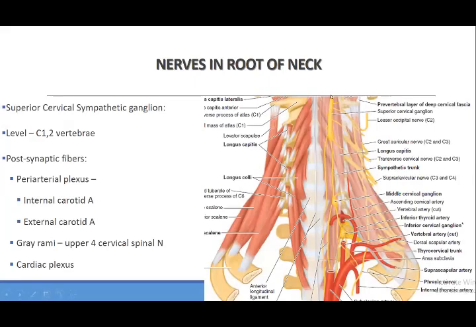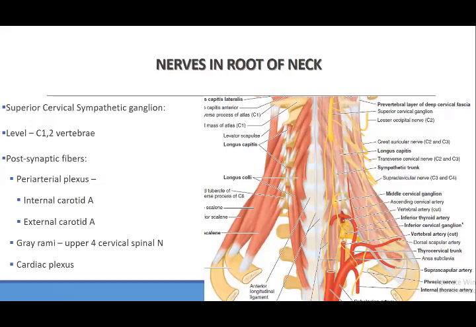The highest of the ganglia, superior cervical sympathetic ganglia। ये फर्स्ट एंड सेकंड सर्वाइकल वर्टिब्रा के लेवल पे पड़ा होता है, एटलस और एक्सिस के लेवल पे पड़ा होता है। फर्स्ट इज एटलस, सेकंड इज एक्सिस वर्टिब्रा, सो उस लेवल पे ये पड़ा हुआ होता है। और इसके जो फाइबर्स हैं, अब ये हाईएस्ट है, सो इसके फाइबर्स जो हैं दे फॉर्म पेरियार्टेरियल प्लेक्सस। अब इस लेवल पे यू हैव इंटरनल कैरोटिड आर्टरी,